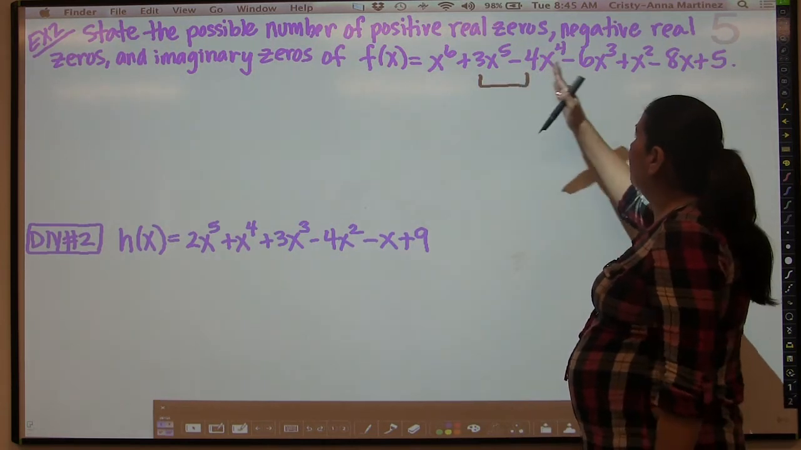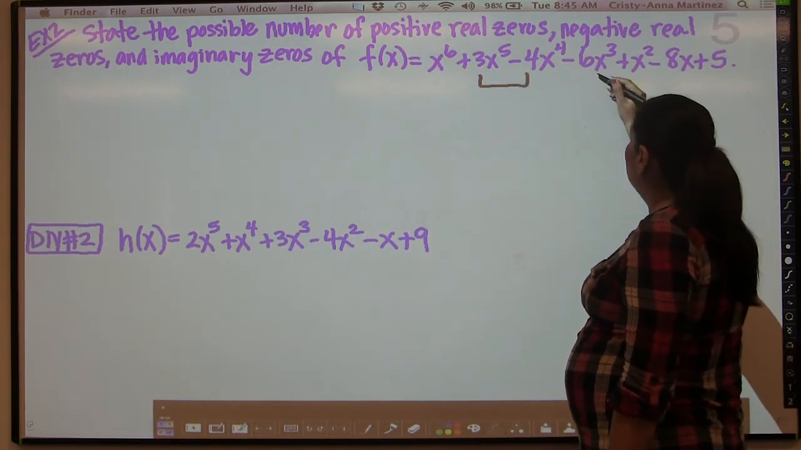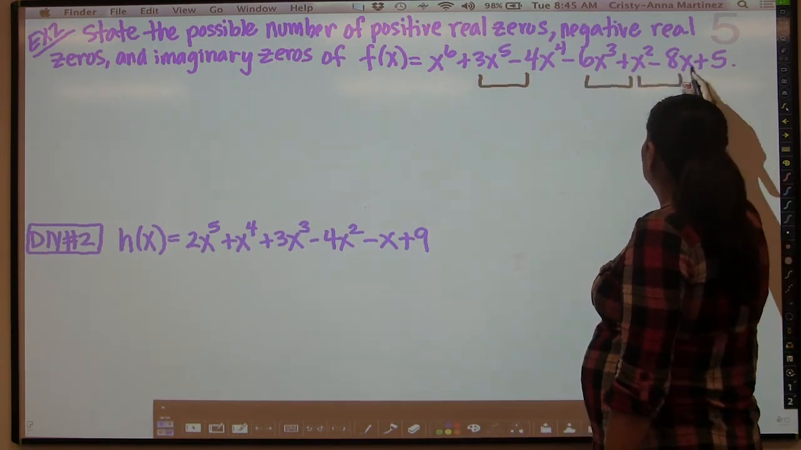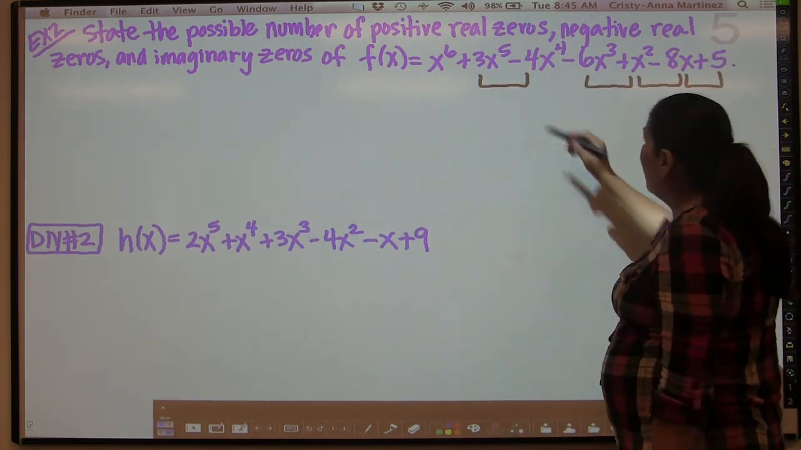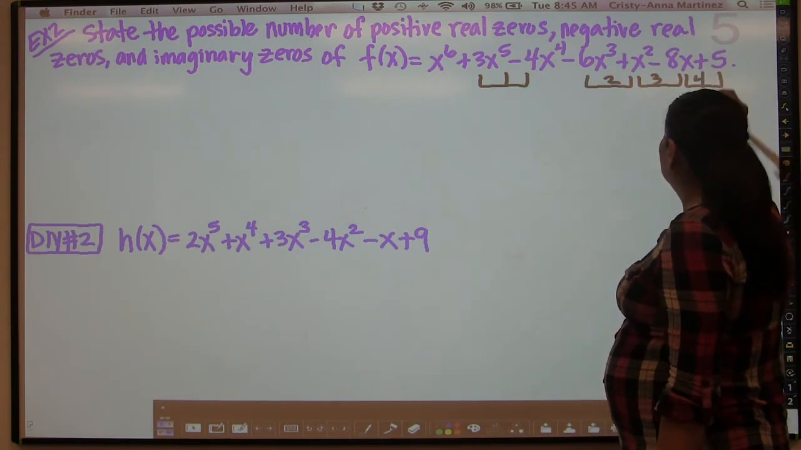Then you have negative to negative. There's no sign change there. Negative to positive, there's a sign change. Positive to negative is another sign change. And negative to positive, again, is another sign change. So we have 1, 2, 3, 4 sign changes in this